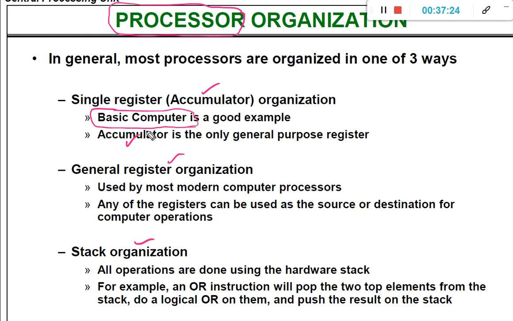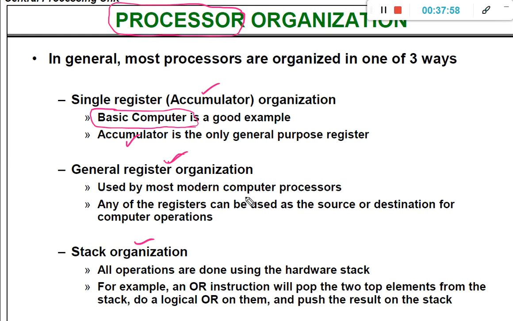There will be an accumulator register, and all the operations, let it be arithmetic or logical, will be carried out using the accumulator register only. But in the previous class we discussed that the accumulator register is not sufficient, so after some time the processor organization was improved by using the general register organization,